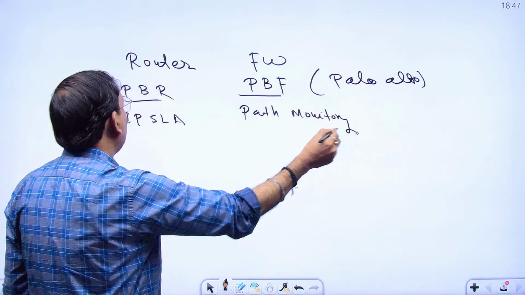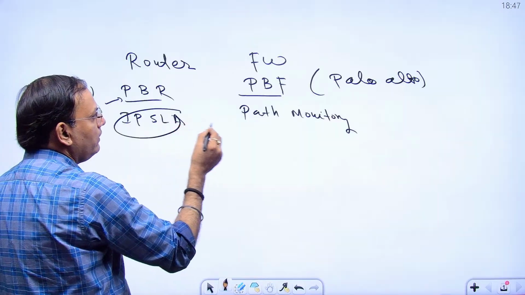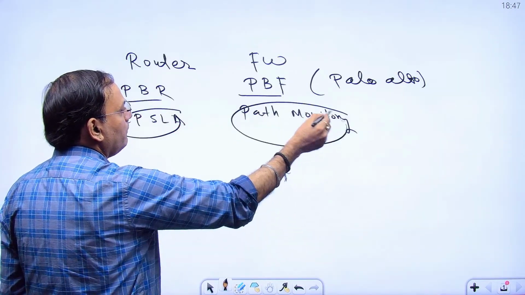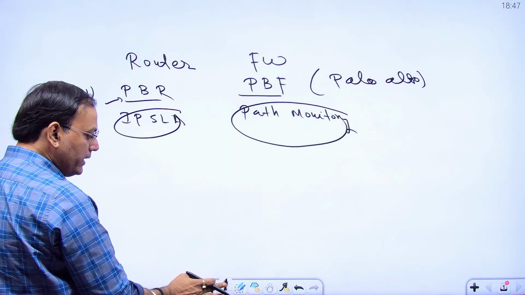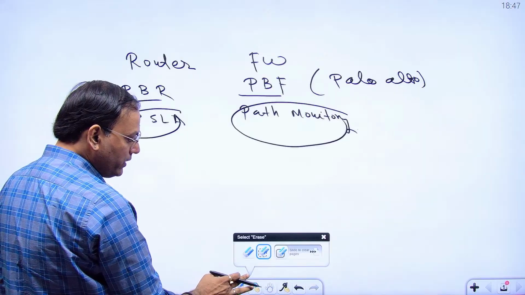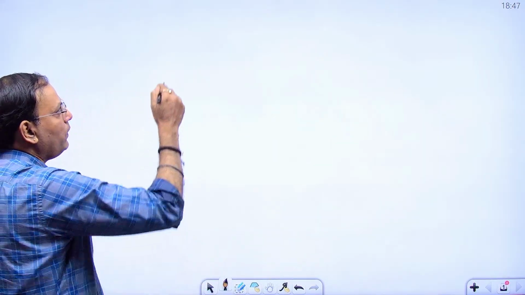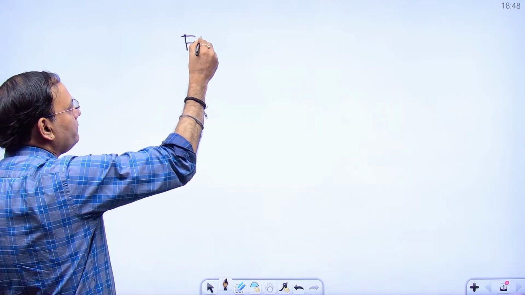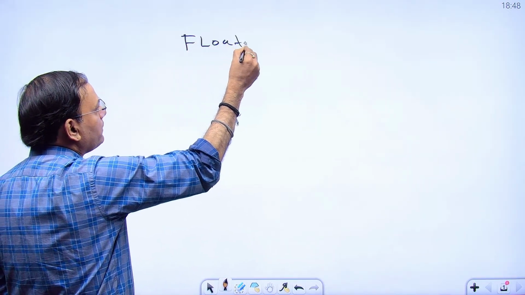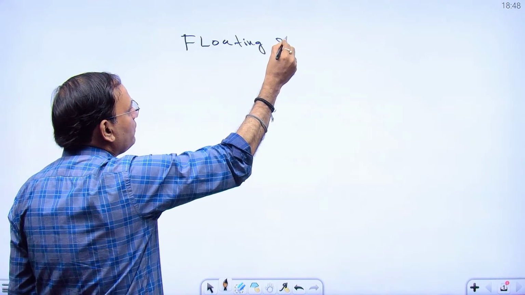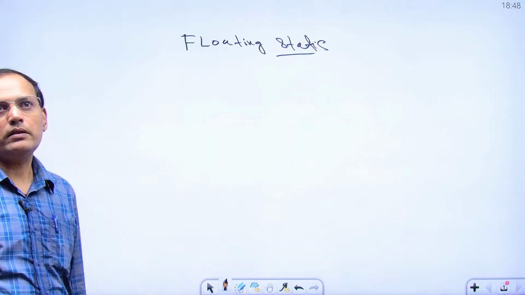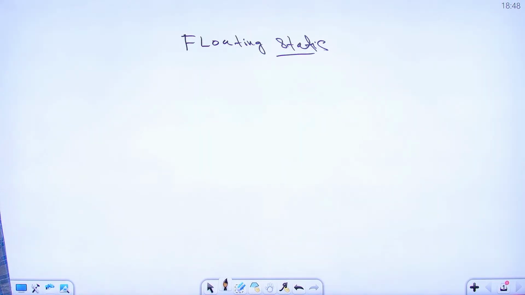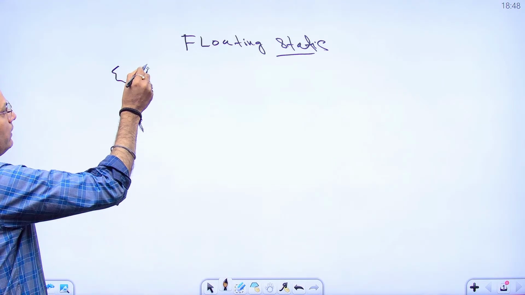So on the router I configure IPSLA, on your firewall I configure path monitoring. Now if the PBR is clear, the next topic is the floating static route. This is also asked in interviews: what is a floating static route and why do we configure it? Coming back to the same topology,